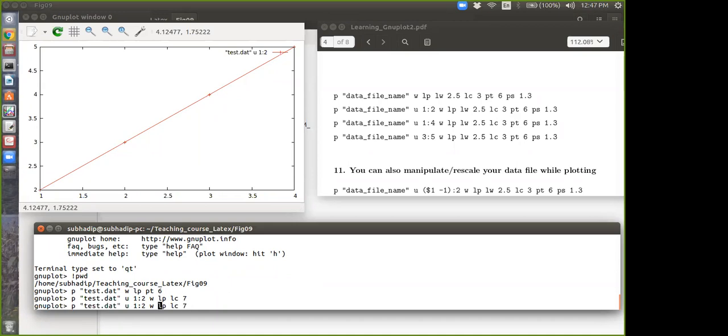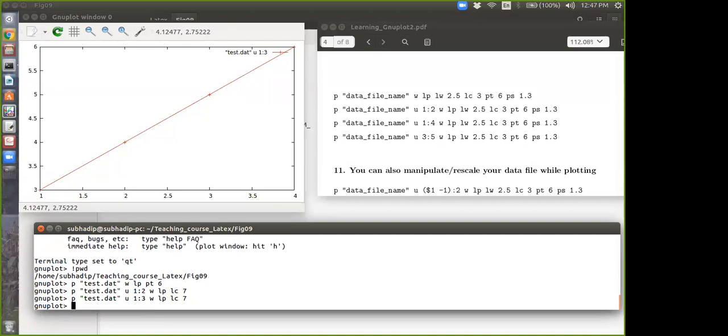Now you want to change to the first column in the X-axis and the third column in the Y-axis, then you have to write 1:3. It is simple. Using 1:3, you can see it has changed. So it has started from 3 because the third column goes from 3 to 6.